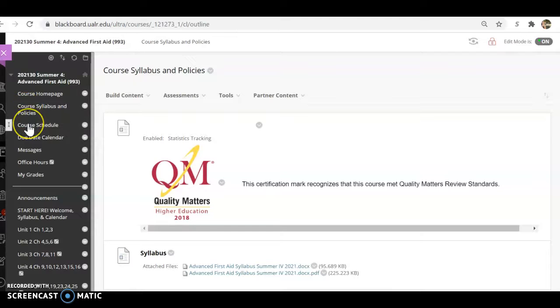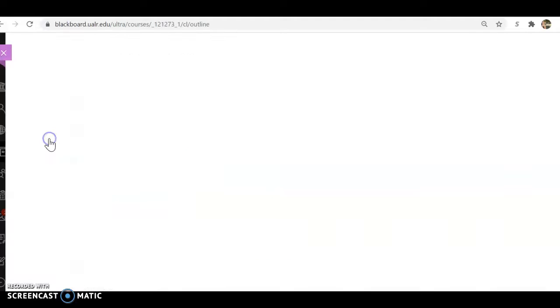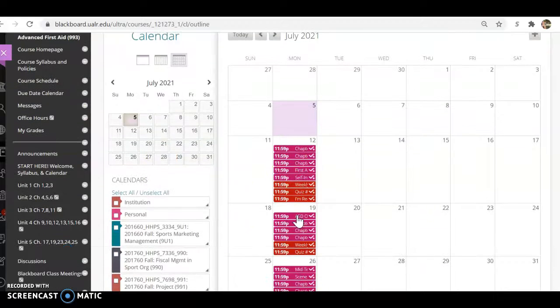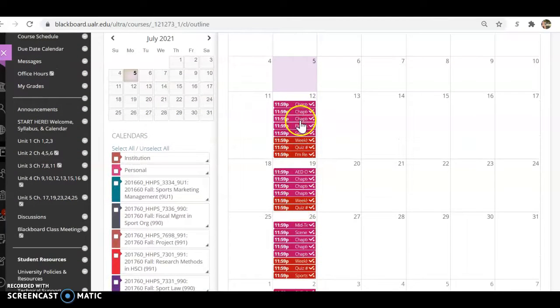The course schedule is here kind of in this list of items as well in your left-hand menu. And I also want to draw your attention to this item right here, this due date calendar. Some instructors that you have may use this and some might not, but I find that the due date calendar is handy in clarifying what is due when. So I'm teaching 2 classes during this term, and you can see that I have put all of my due dates on a Monday. So in this class is